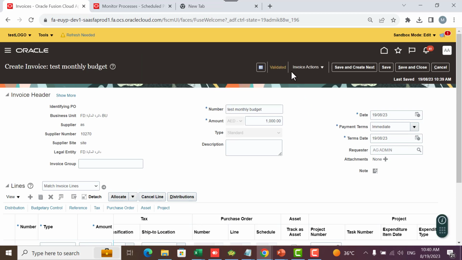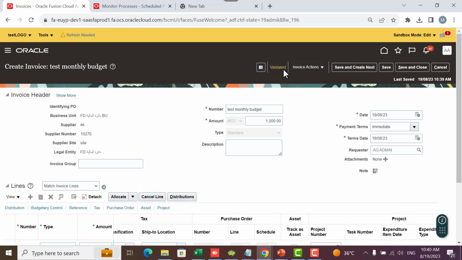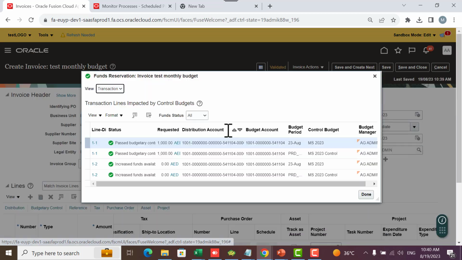Okay, let me check the fund. Here it is reserved. Once you check the reserved, because the invoice is already validated, you can click on reserved and check here what is the control budget, our budget,